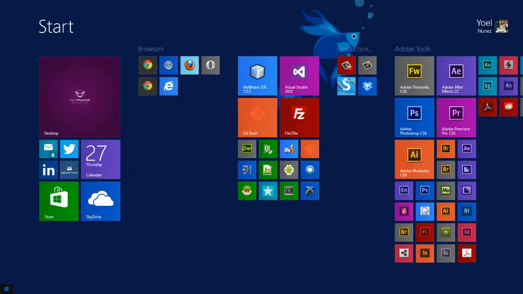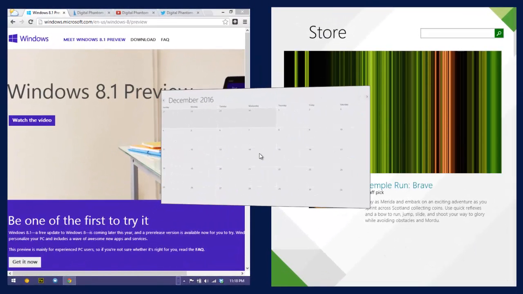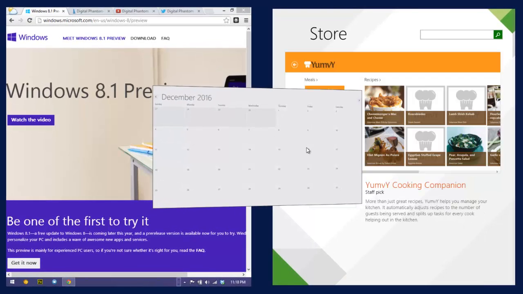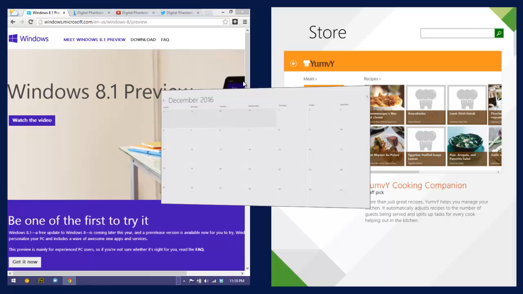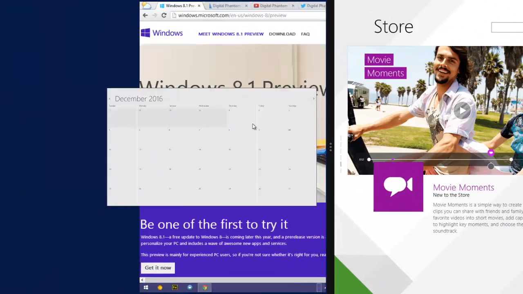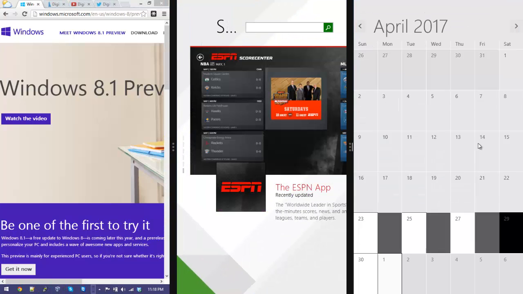So now let's do multitasking. I've been talking too much about that. So that's the calendar. You can see I have two apps open, and I bring a third one, and it brings me this option here that I could move to the left, to the center, or to the right, whatever place I want. So I drop it in there,